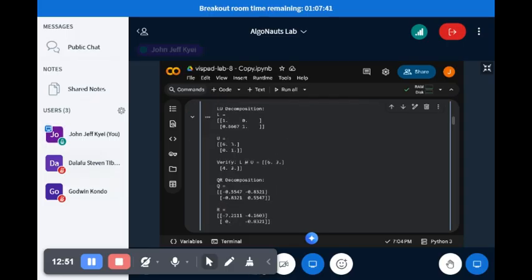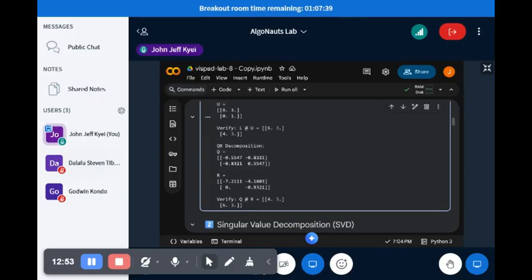So upper triangular R, which here is minus 7.2 and so on. You can see all the values below the diagonal are 0. If it were a 3 by 3, you would understand better, but here it's 2 by 2. This is the diagonal and everything under it is 0. And the orthogonal is also Q, which is displayed here. When you multiply Q and R,